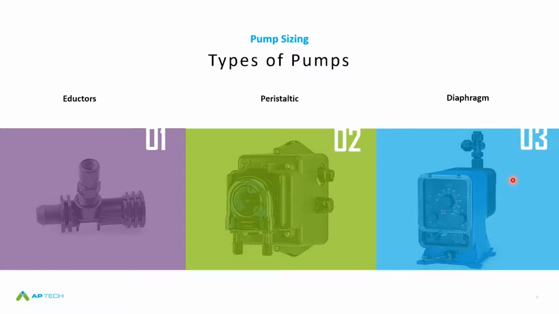But the other one, which is probably the most common that everyone sees, is a diaphragm pump. There's many different manufacturers, different styles, different compositions of these types of pumps. And they work very well. They're great because they can generate high pressure. So in applications like an amine product where you're injecting into a steam header and you need a lot of pressure to overcome the steam header, these diaphragm pumps are offered in a couple hundred PSI variations where you can get into that high pressure and inject in there, as well as for the cooling tower sides